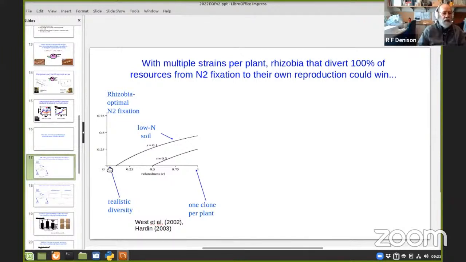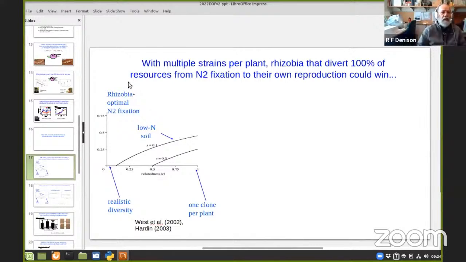And so he asked, what percentage of the energy these rhizobia bacteria get from their host plant should they spend on nitrogen fixation that benefits the plant, as opposed to using it for their own use. And he's asking this not in some sort of moral sense, what would be the moral thing to do,